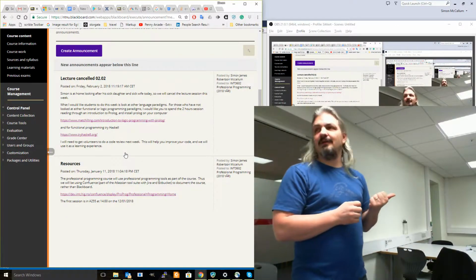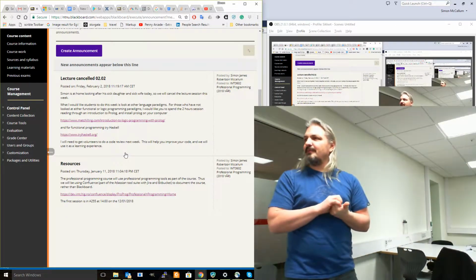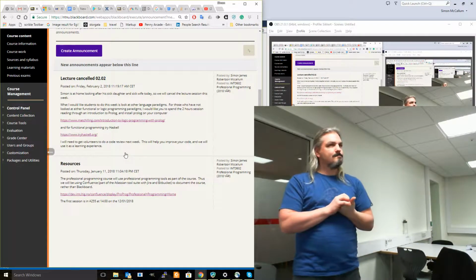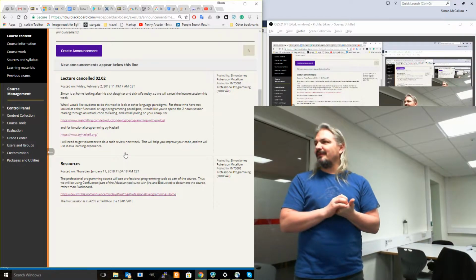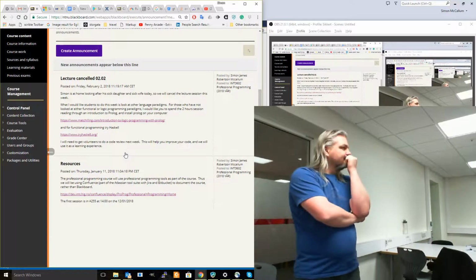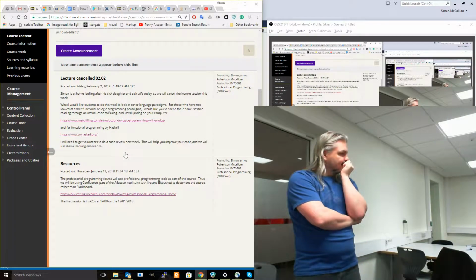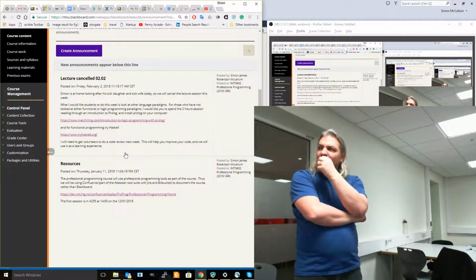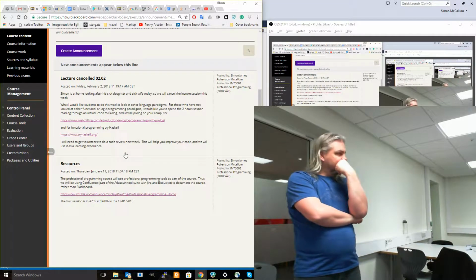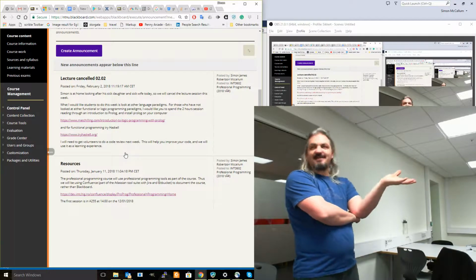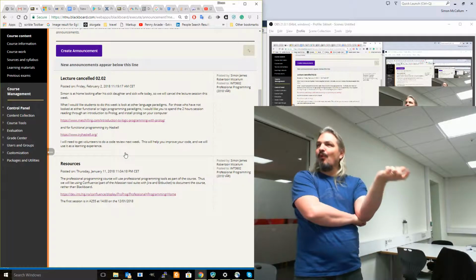Makes things clearer. Any other thoughts of why functional programming might be really nice? Why would you want to do functional programming rather than having side effects in objects? When you're testing code, what do you need to do? So with functional programming, when you're testing, you can give it inputs and it will always give you the same